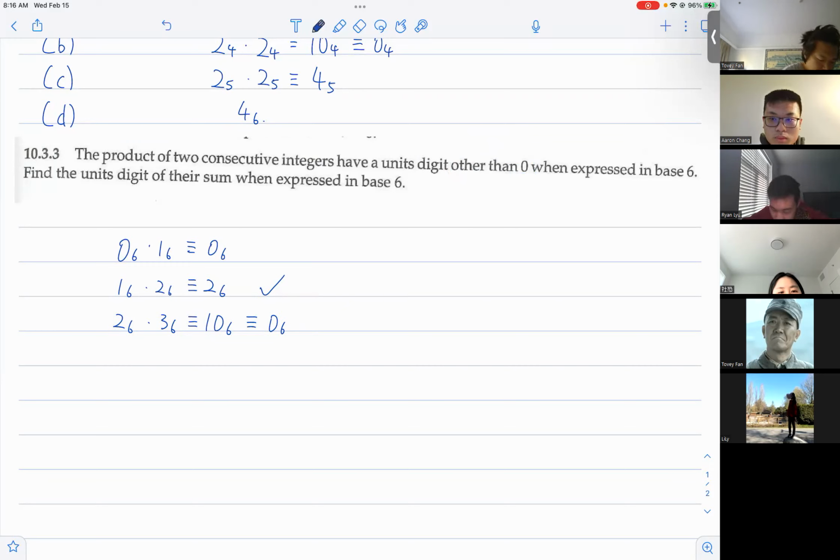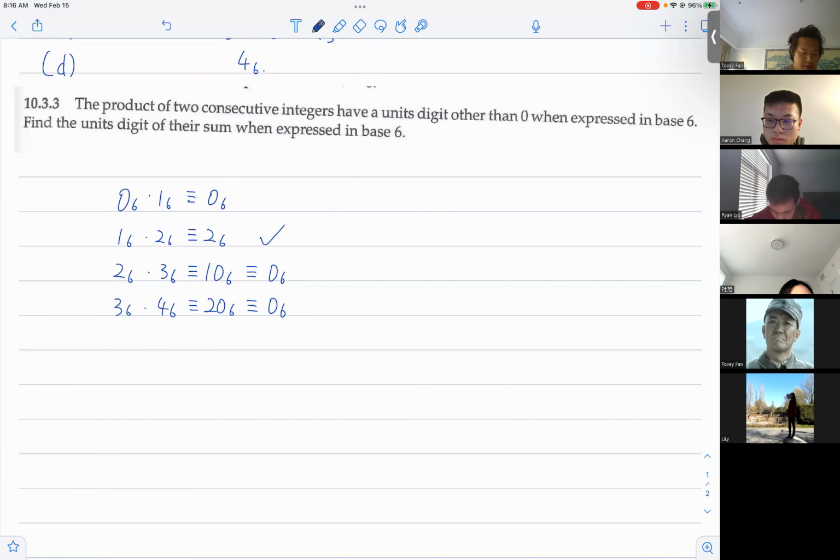Okay, and then we try 3 and 4. So 3 times 4 is 12, right? So in base 6, 12 is 2, 0. And then again the unit digit will be 0. 瑞卡，12在六进制里是 2 0，所以它的个位数还是0，依旧不满足题意。